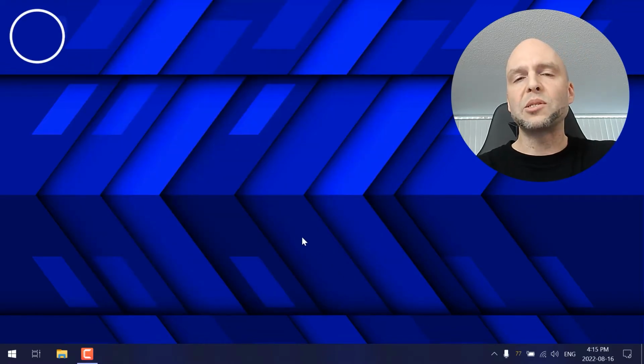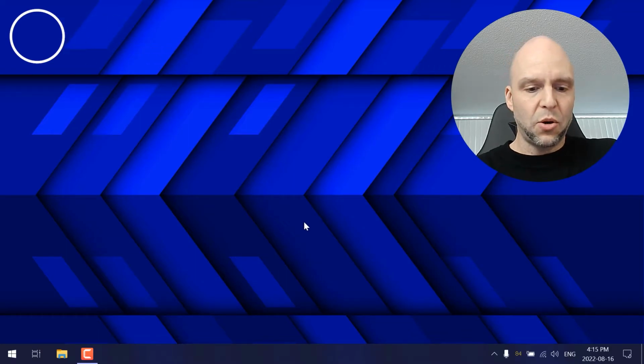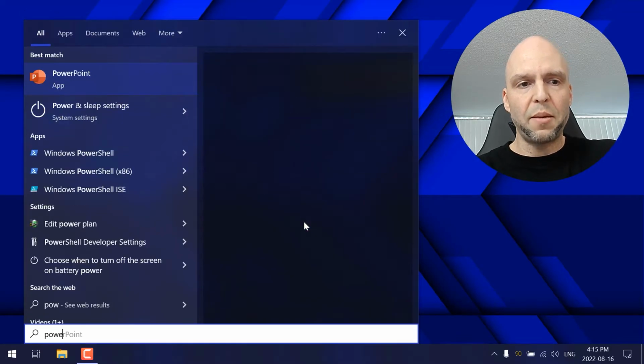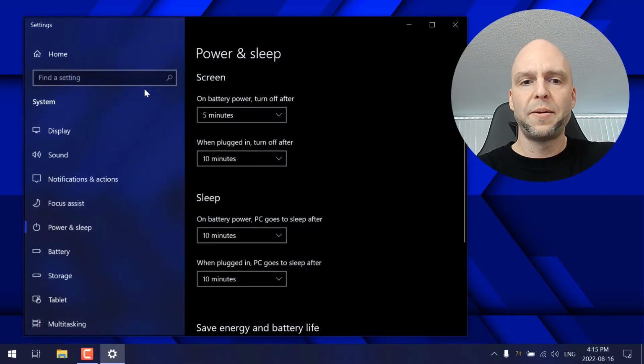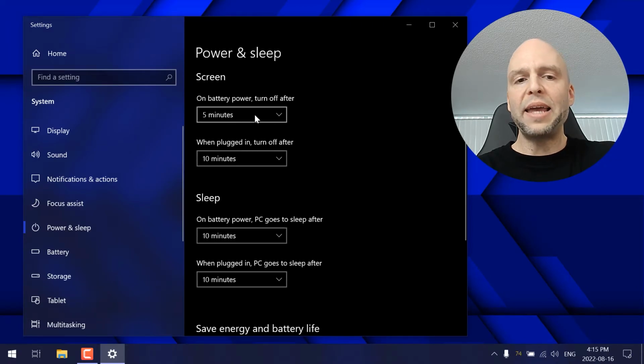Number 8 is going to be sleep mode, and more specifically the sleep mode timer. If I push the start button and start typing in power, I'm going to get this one, power and sleep settings. So I'm going to click here. By default, these numbers are usually higher, but I've already kind of tuned this. I can decrease this to the least amount of time. So if you look here, on battery power,